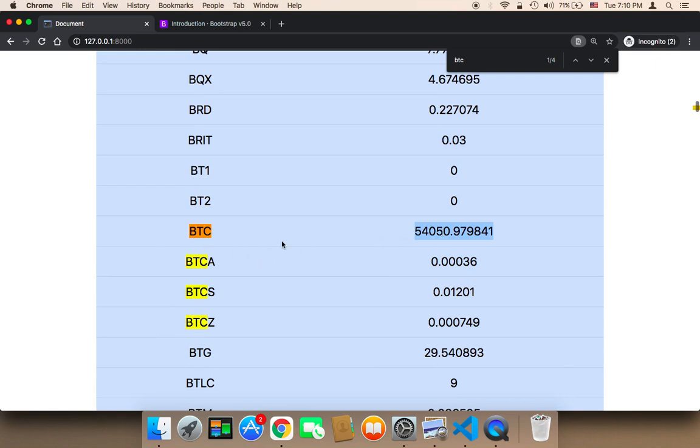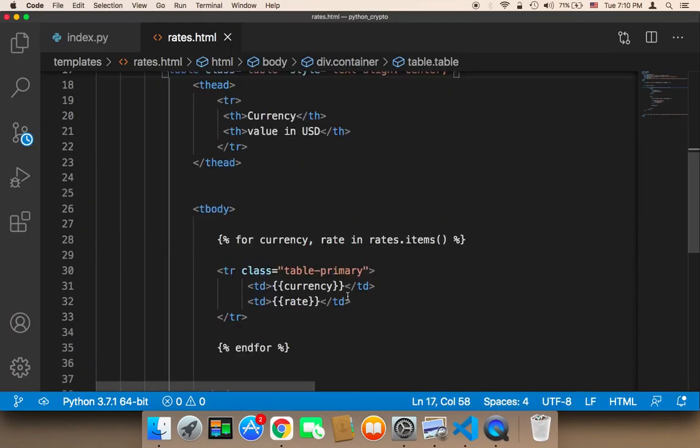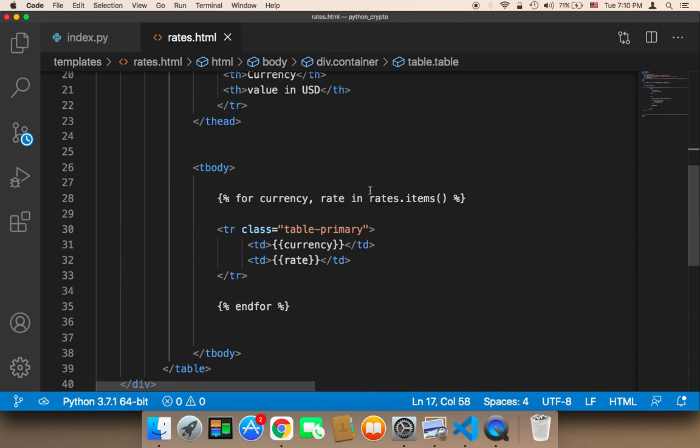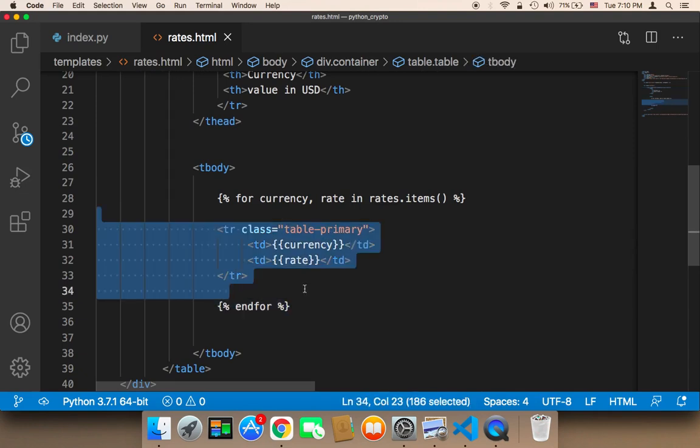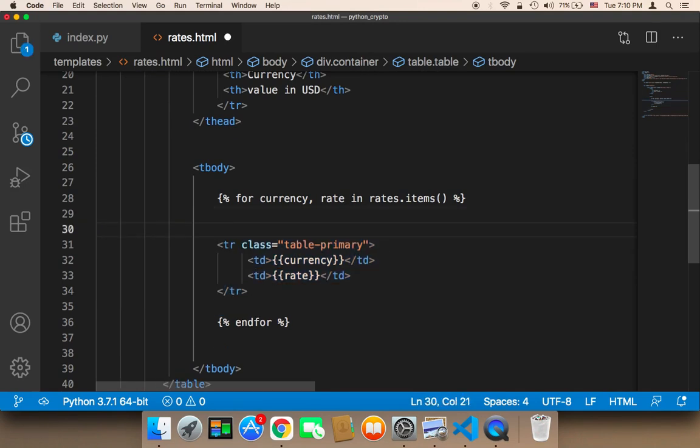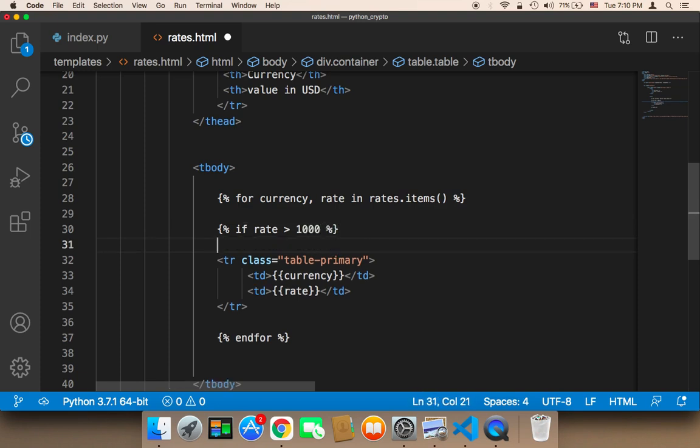We need to display it in another color so that we give the user a message that this is an important currency and the value is very high. So we can use if statements, and I'm going to show you how powerful using if statements are in Flask. Here, instead of displaying the color as primary, as blue all the time, we can use an if statement. We can say curly braces and then percentages, and then we can say if the rate is greater than a specific value, for example, $10,000,